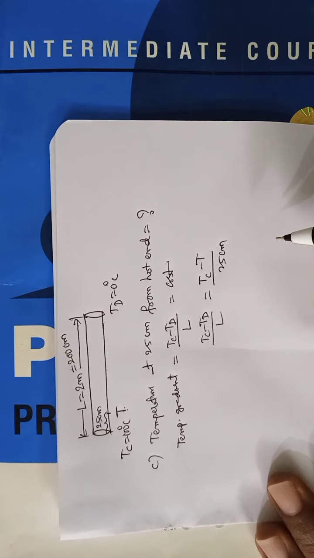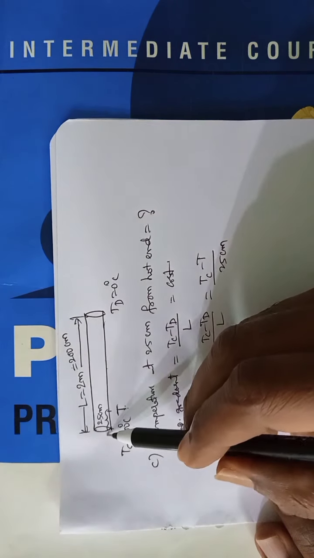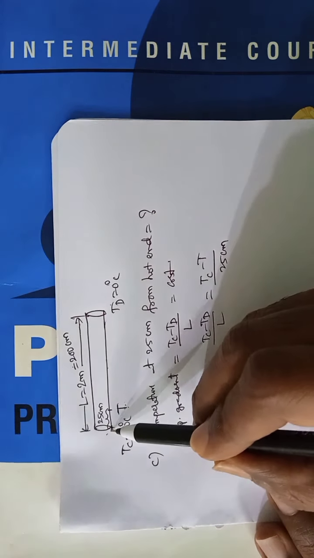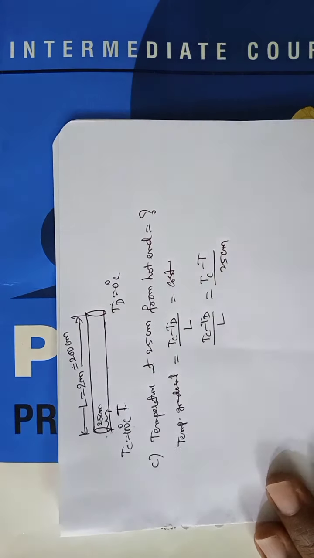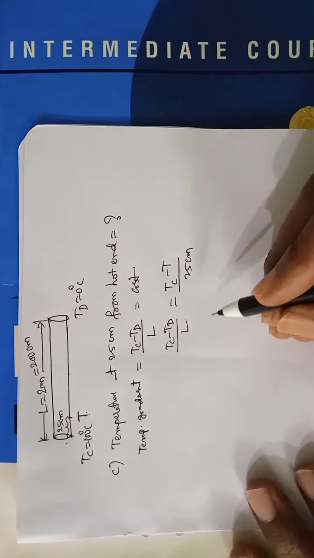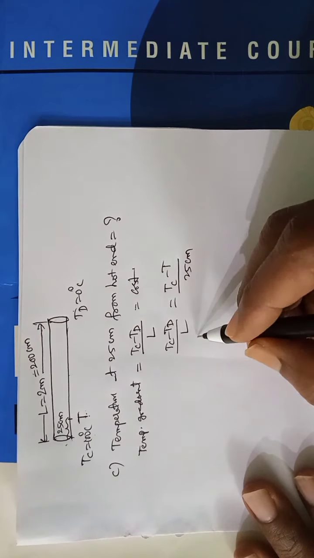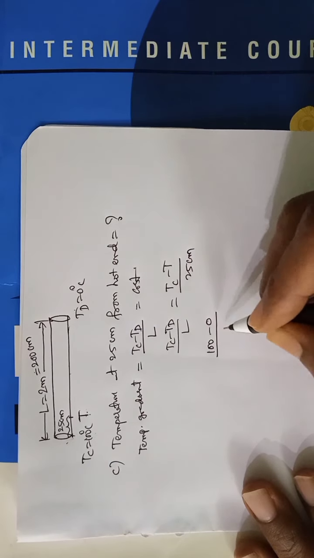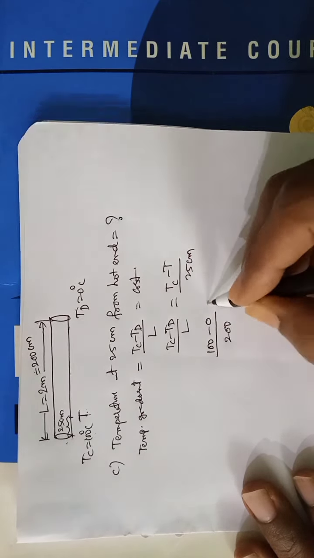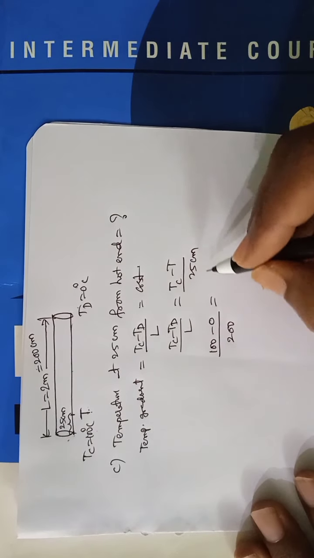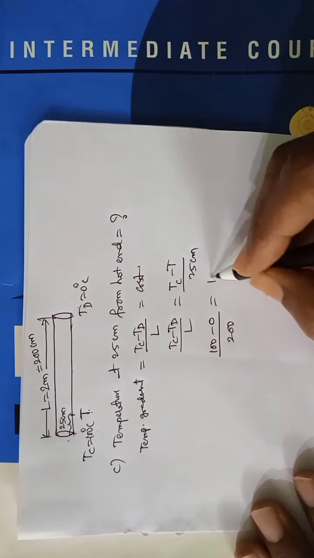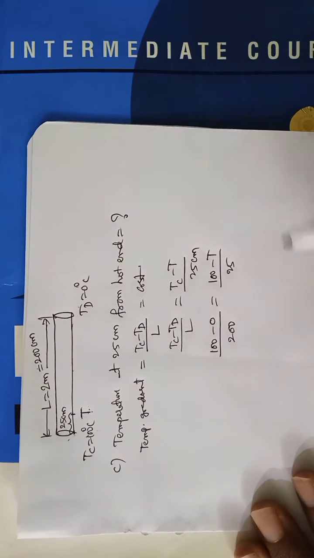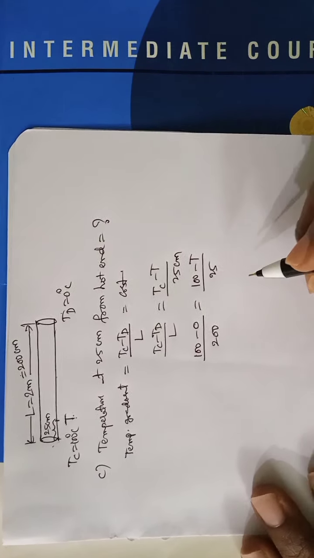Like this. Tc minus Td by L is equal to Tc minus T by 25 centimeters. Now let us substitute the values. Tc means 100, Td means 0, L means 200 centimeters. Here Tc means 100, T means we don't know, 25 centimeters. So now